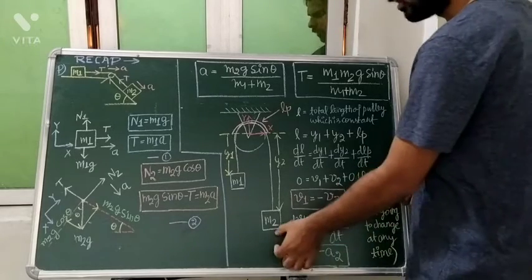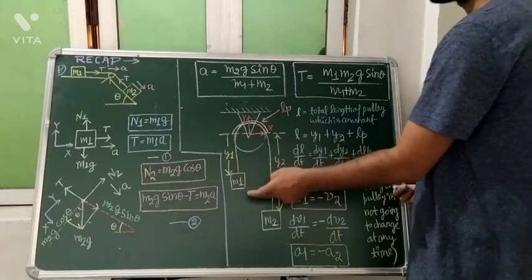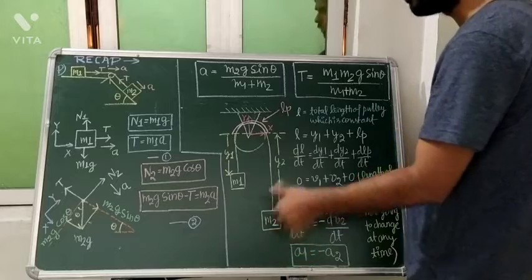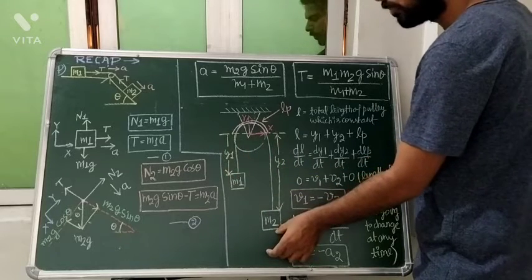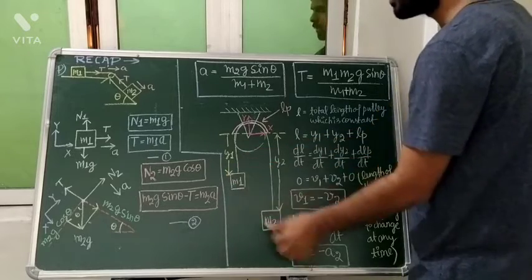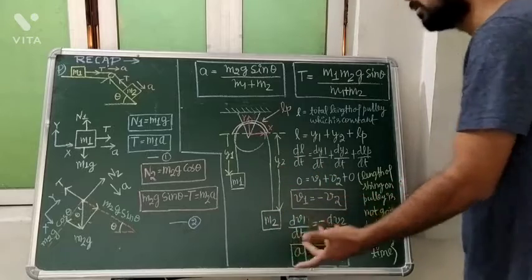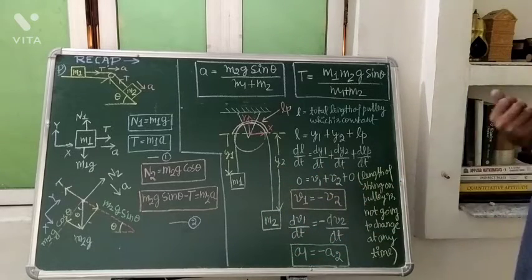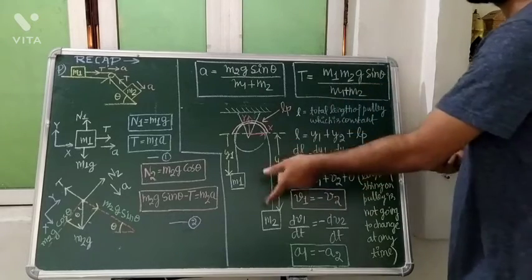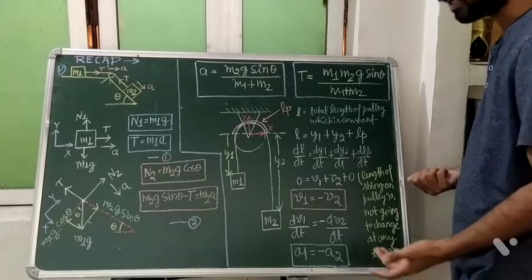I was saying this, now if it is going to travel, suppose we are getting a situation problem like the one we have solved, and we were saying that suppose it is going to move x1 distance and it is going to move x2 distance, so these two distances will be the same because the length of the string is not going to change. So in other words, student, the string is inextensible, it is not elastic, it is massless as well.